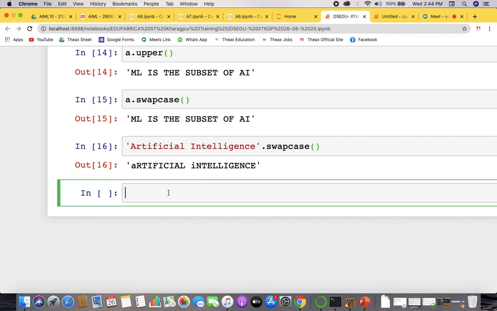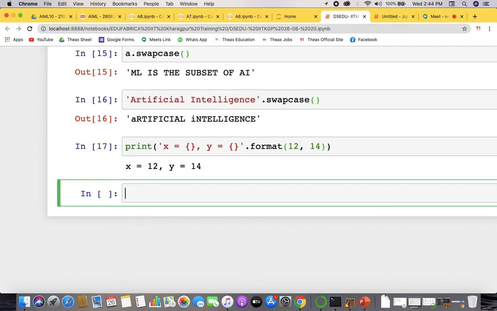Okay. Now, yesterday I might have covered some of the format methods too. Like if you say x is equal to this and y is equal to this, with curly braces, there you actually use this format. So formatting can be used with whatever values you want: put the braces inside the string, and then you can write x is equal to 12 and 14, let's say.